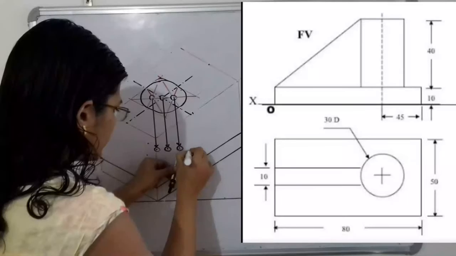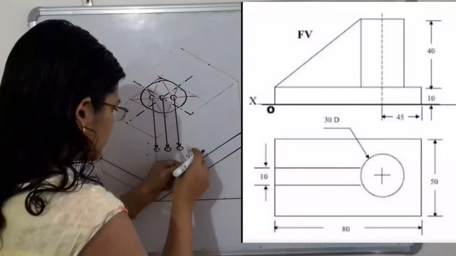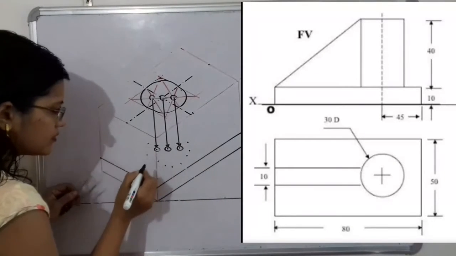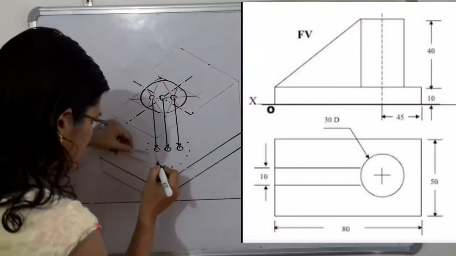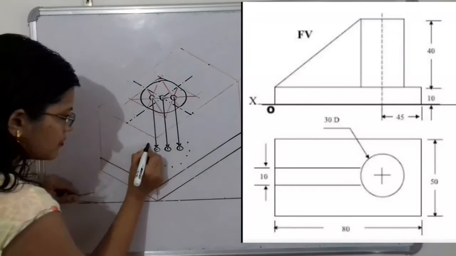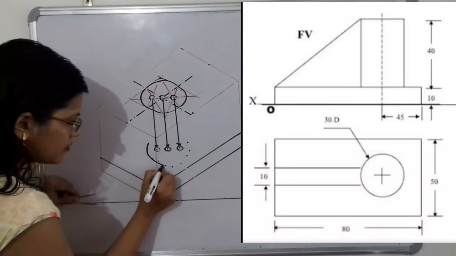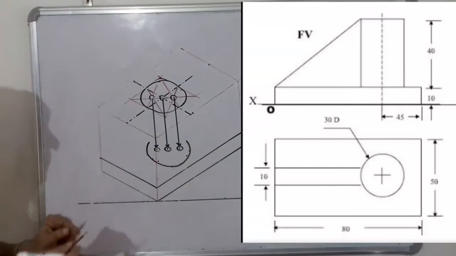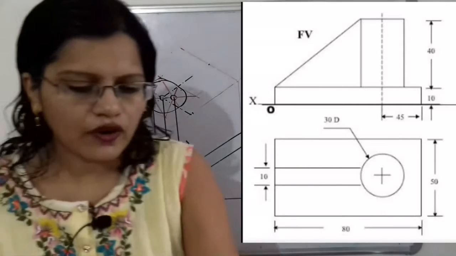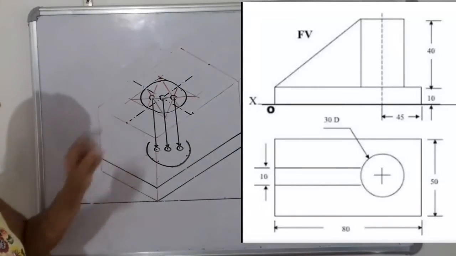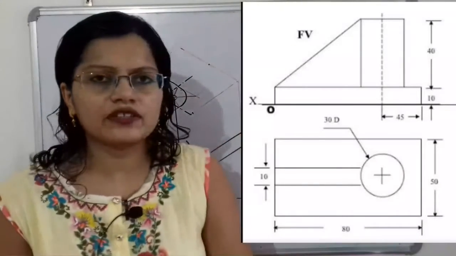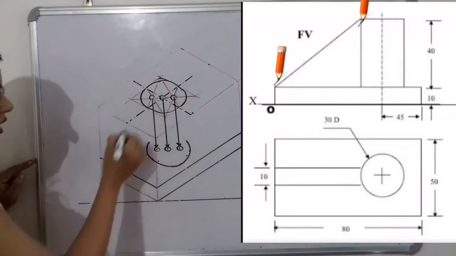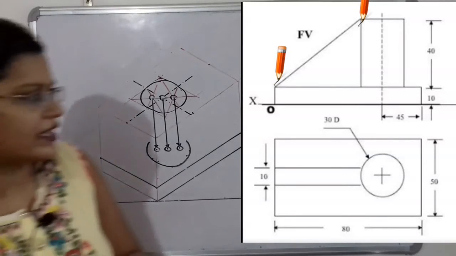Here also we have to, now we will join these selected points. So these are the points that are getting selected. Now we have to draw with vertical line. So now we will again observe there is the construction for the slope. So the slope, what is the start point? So start point is here and the end point is at 10 millimeter height, that is given.